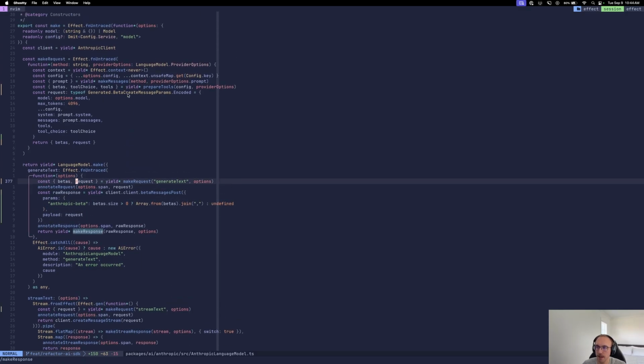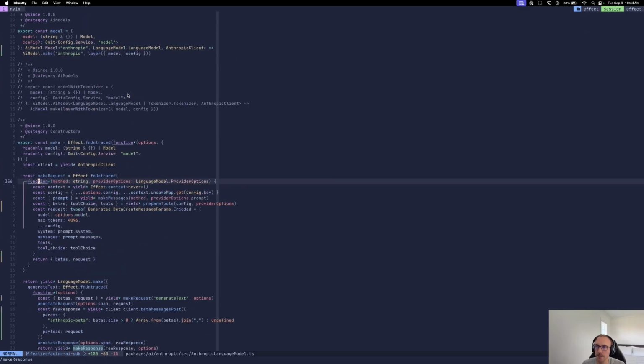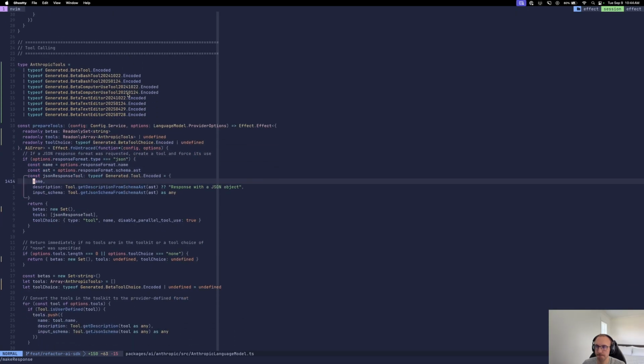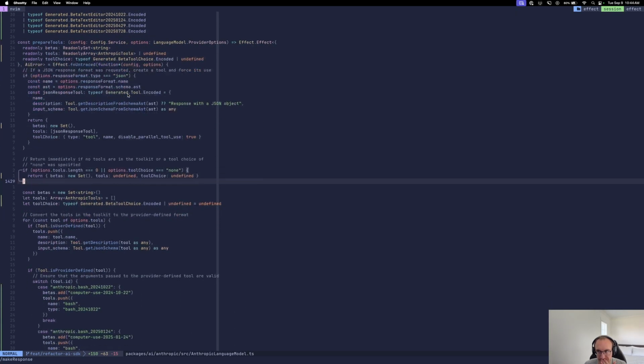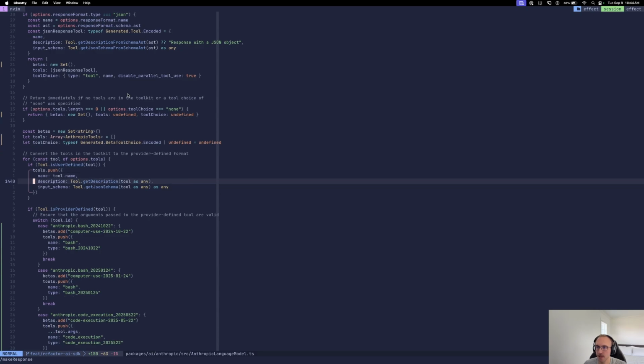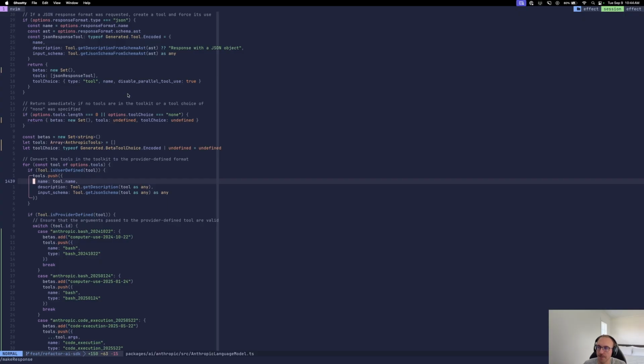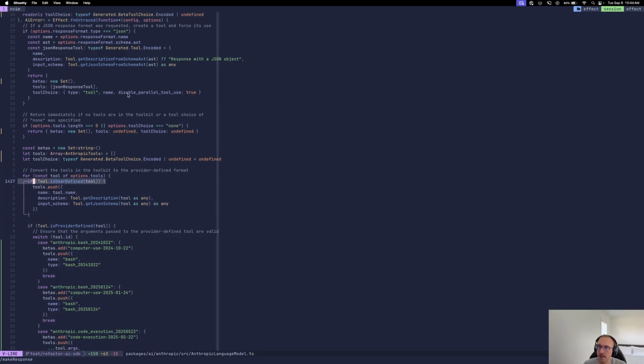What we need to do now is in make request in prepare tools. Don't make combo. What we actually want here, if the tool is user defined,